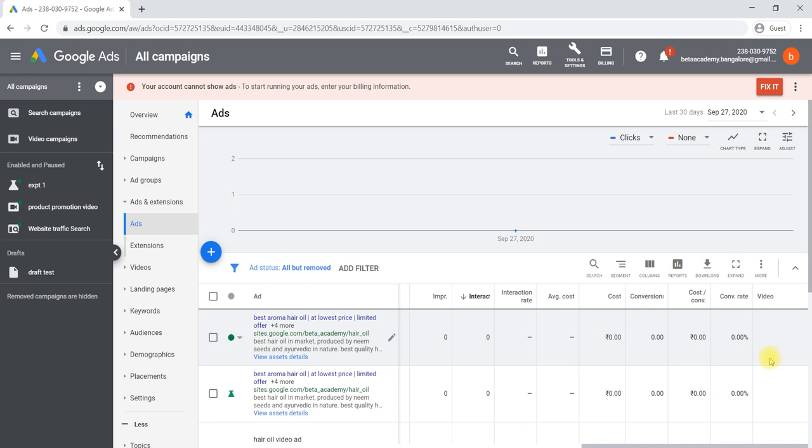This is about Google Ads, one of the most used digital marketing tools to promote a brand or a product, or to do online marketing, in the sense of online business. It is very important to know about Google Ads. This is all about Google Ads. We have covered each and everything in Google Ads.